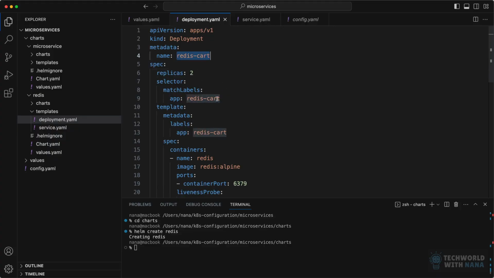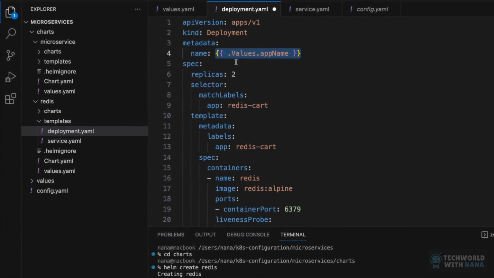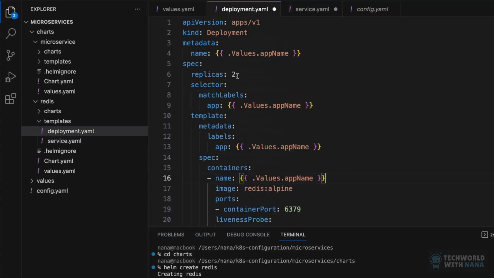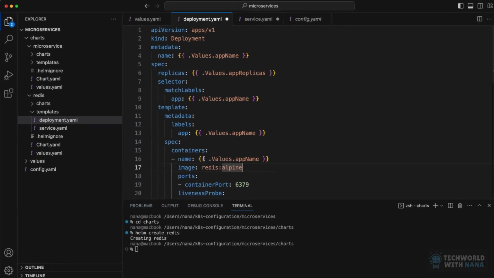So first of all, obviously we have this repeating Redis cart value in all these places. So we're going to make this configurable as app name, just like we have it in the microservice chart, and basically replace it everywhere, including the container name. Let's call it the app name as well. And there you go. Let's make the replica count configurable as well. App replicas. For the image, I'm just going to copy what we have